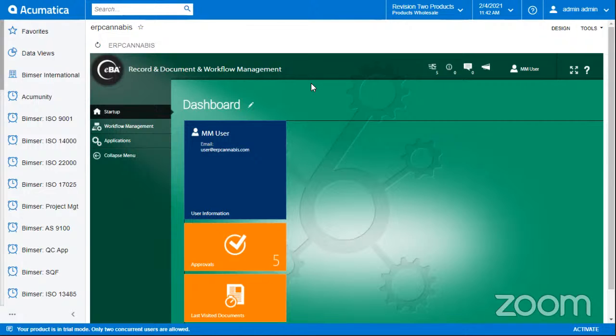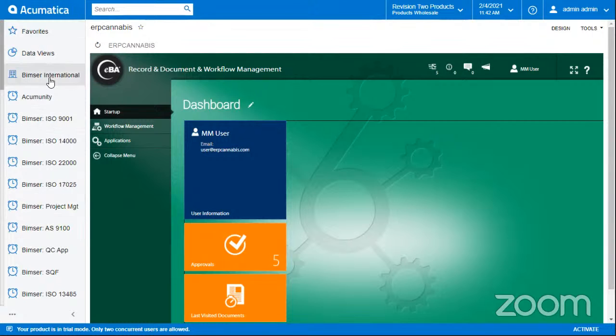So today I will demonstrate ERP Cannabis powered by eBA, our enterprise electronic business process automation platform. ERP Cannabis is integrated with Acumatica so that you can connect to ERP Cannabis within the same page of Acumatica.